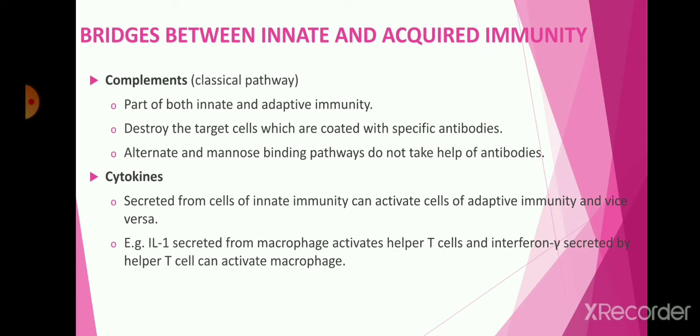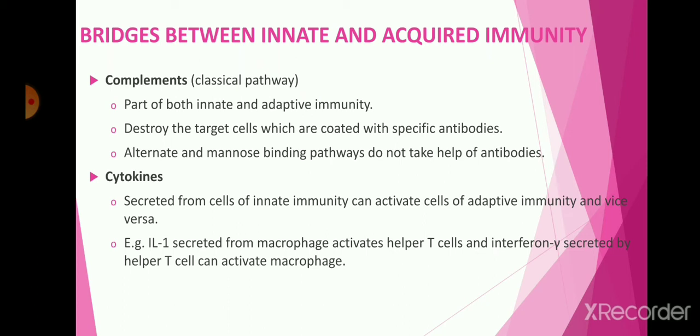Basically, cytokines are a large group of proteins, peptides or glycoproteins that are secreted by specific cells of the immune system. Cytokines are a category of signaling molecules that mediate or regulate immunity, inflammation and hematopoiesis. Cytokines are also produced throughout the body by cells of diverse embryological origin. Cytokines secreted from the cells of innate immunity can activate cells of adaptive immunity. Cytokines secreted by the cells of innate immunity, such as macrophages, dendritic cells, NK cells and other cells, activate adaptive immunity, like B cells and T cells and the production of antibodies, or vice versa.